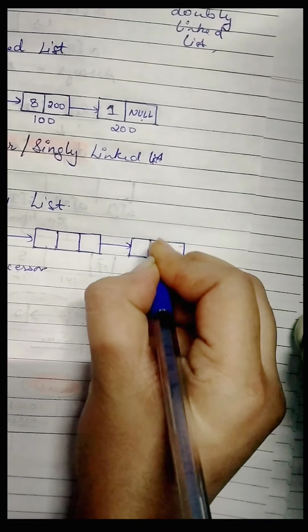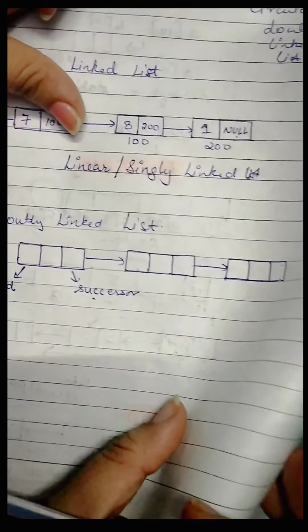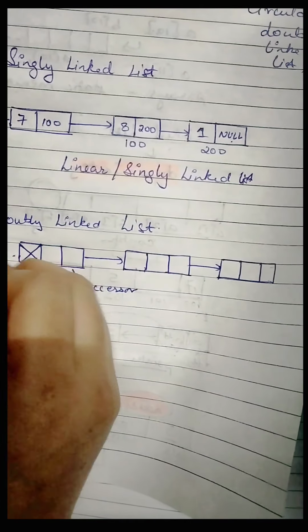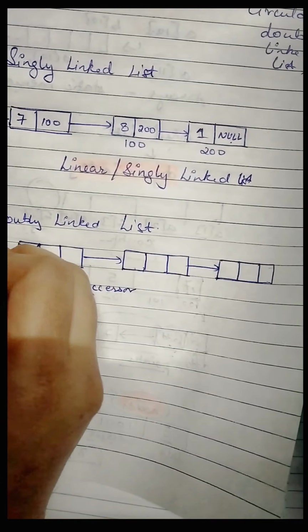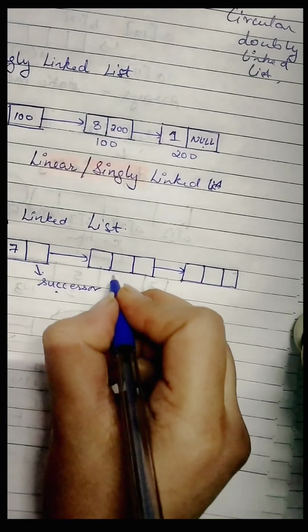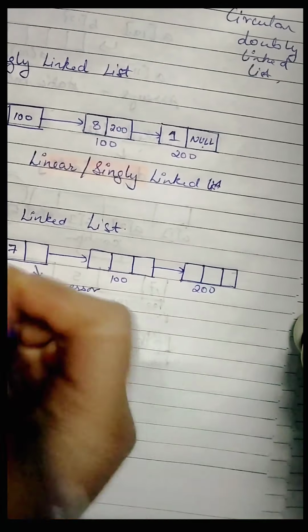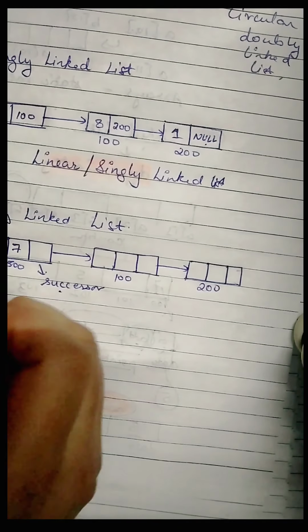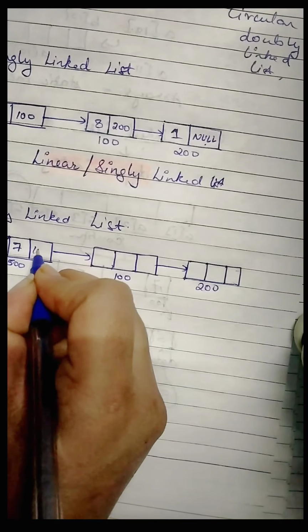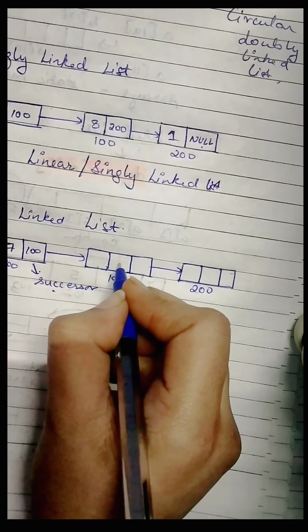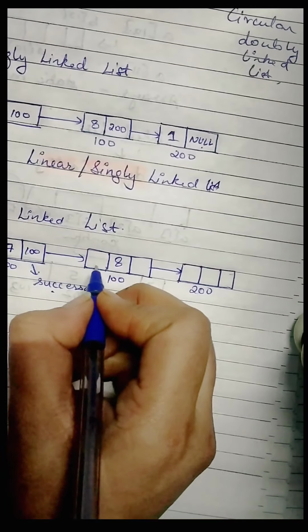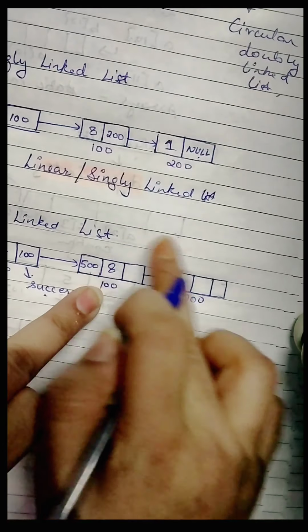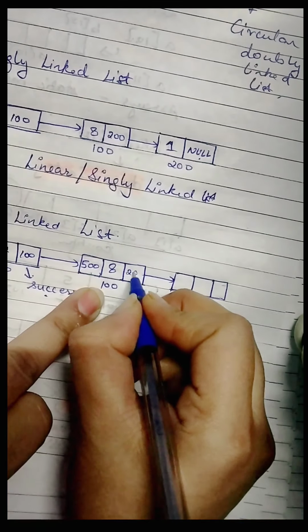Now, since this one is the start, this will be null. There is nothing in it because it is the start. There is no address there. There is a data element. Then if this is 100, this is 200, this is, for example, 500. Then this will obviously point to the next one, that is 100. Moving on to the next node, if it is 8, this will contain the address of the previous node, that is 500, and this will contain the address of the next node, that is 200.